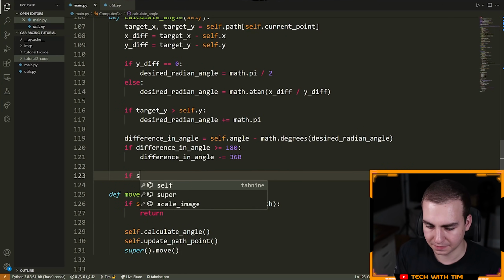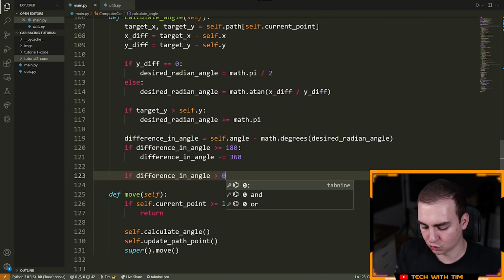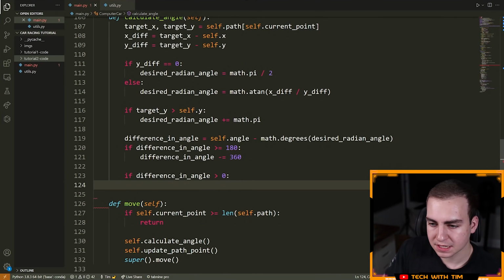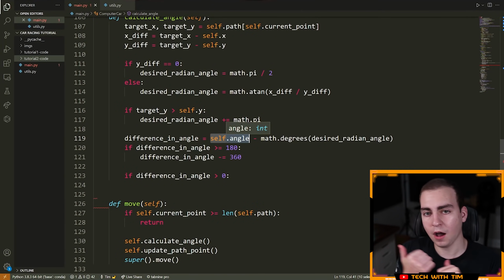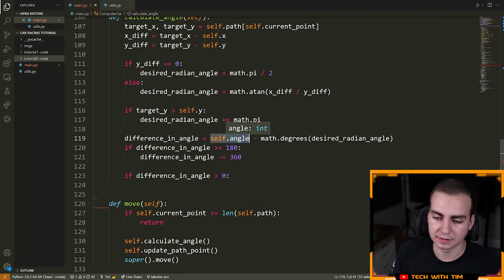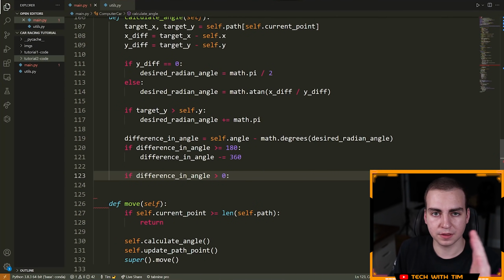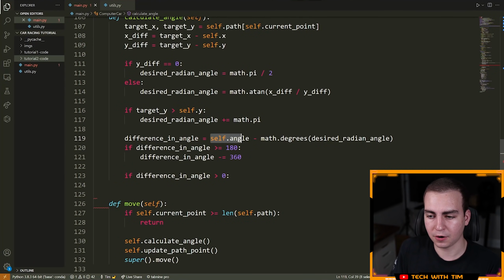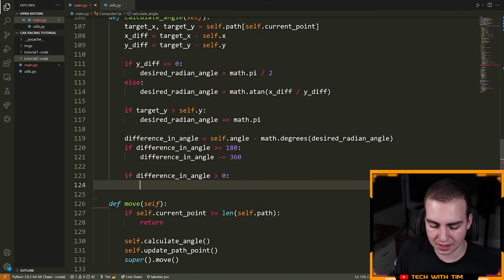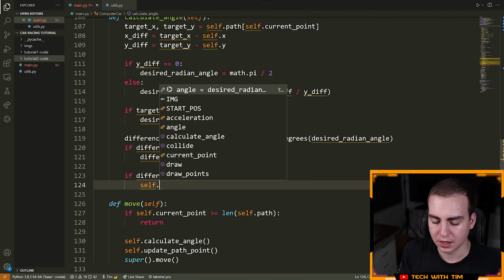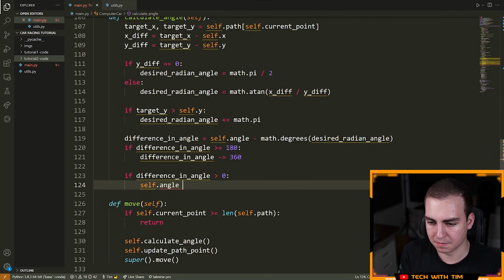So we're going to say if the difference in angle is greater than 0. Notice we're having our angle first and then the angle that we want to get to. We want to go the other way. We need to go to, I guess, the right as opposed to the left. And the reason for that is when we go to the left, we increase our angle. If our angle is already greater than the angle that we desire, we need to go the opposite direction to get to that angle. So we're going to say self.angle minus equals,